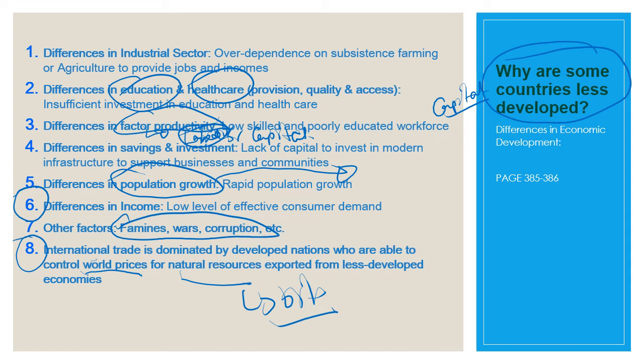So mainly the poorer countries or the least developed countries are rich in resources, but unfortunately these natural resources such as oil will be dominated by the developed economies, and they would be the ones that will set the price for it and even the supply. Okay,